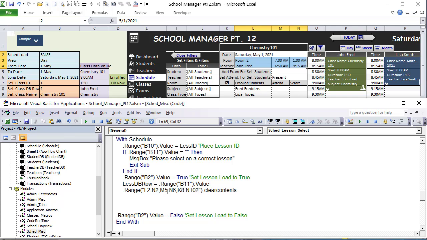We're going to clear all the contents out. Let's say clear all lesson and student details, so that we're getting it ready to put in the new ones. Okay, so now that we have that, first thing what we want to do is we know that the lesson